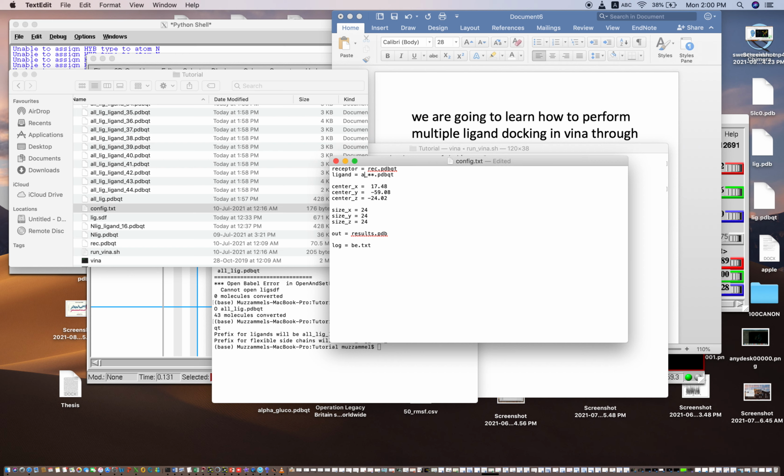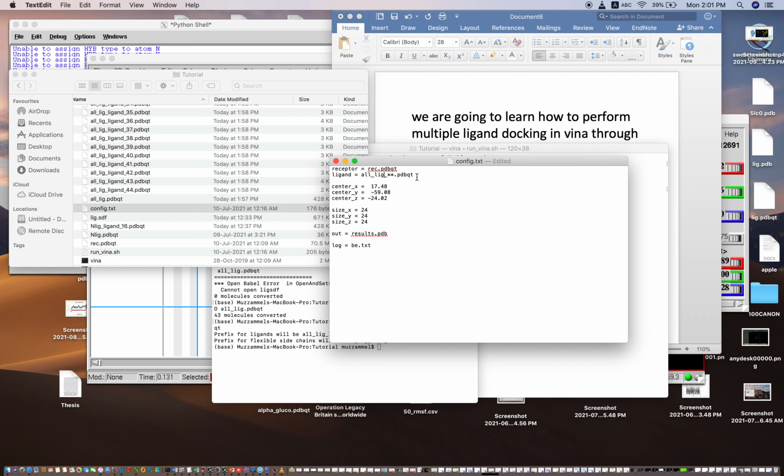That is all_lig_, and the asterisks represent the number of the ligand in digits. If you have numbers from 10 to 99, you put 2 asterisks.